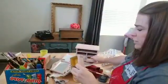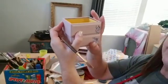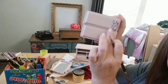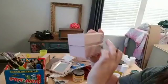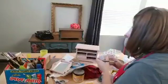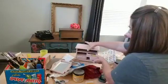So these are two drawers that go in line with each other. And I think I'm going to put another one right here just so it looks seamless, like they are cascading into each other down the front of my piece. These are so cute, by the way. Why are we so excited by everything in miniature? I'm going to put these in my...